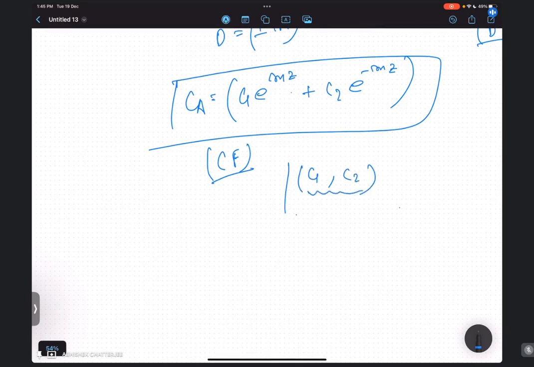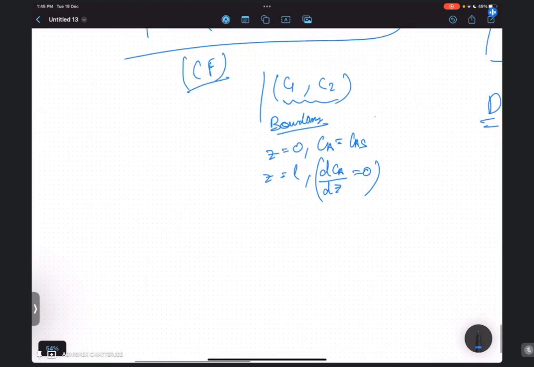For finding out the constant, we use boundary condition. So what are the boundary conditions here? At z is equals to 0, your CA will be equals to CAS. At z is equals to your L, your dCA by dz will be equals to 0. From where we are getting it? We said that after z is equals to L, please understand, we said that at z is equals to L,